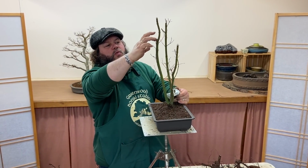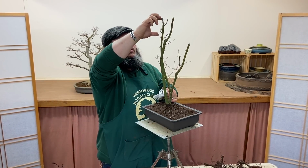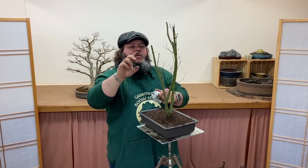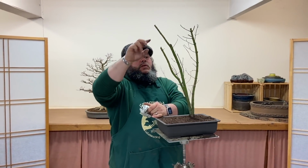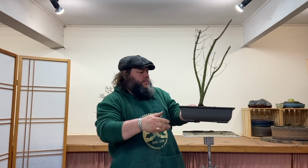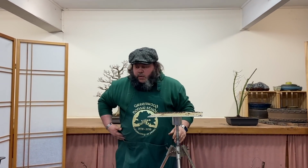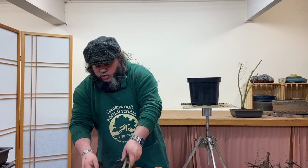My preferred wound sealant is lac balsam, and we'll just dab some of that on those cuts to help to seal and promote healing on those tips. So dab that on, that's that done. And I'm going to pop it over here onto the side, and we'll have a look at doing a few others. So a few of these ones that were a little bit less interesting,